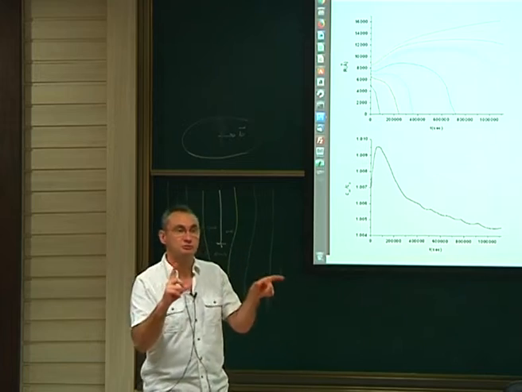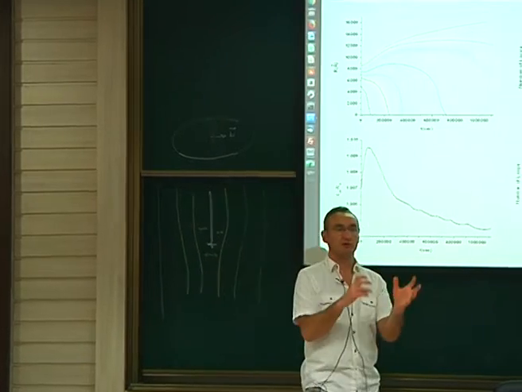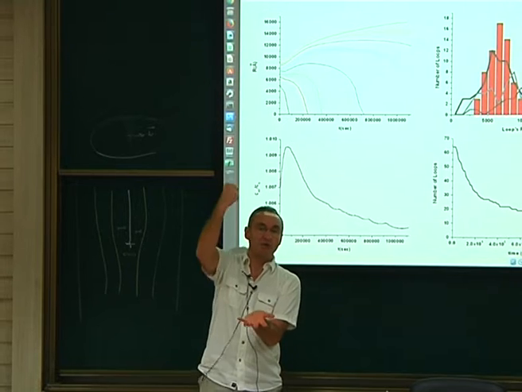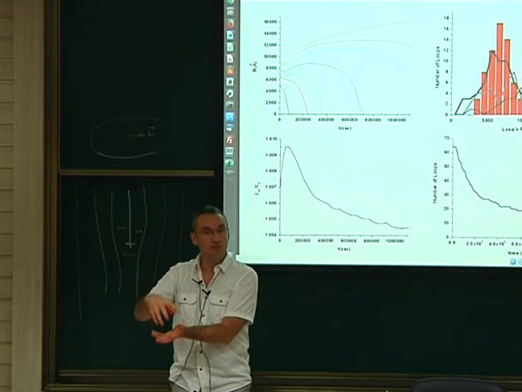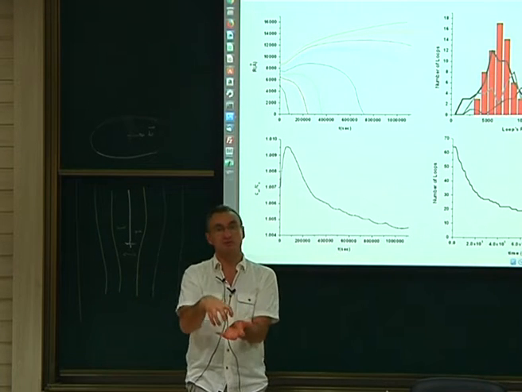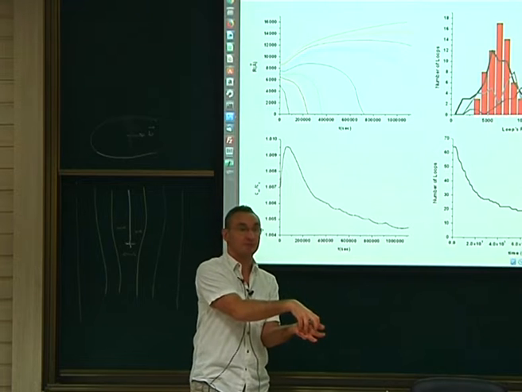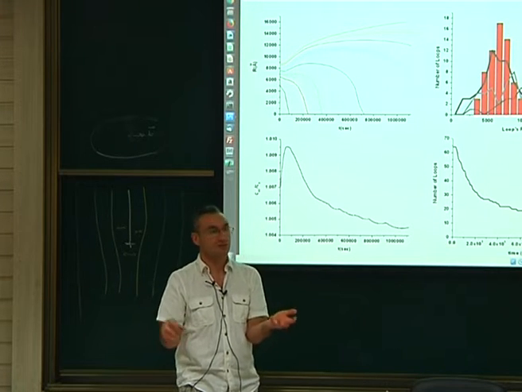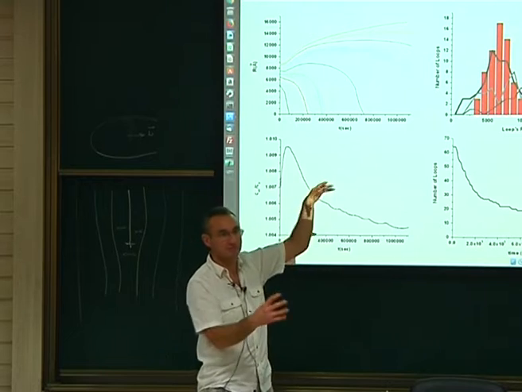You see, you have two components for the climb. There is a force, the Peach-Koehler force, which is taking your dislocation out of the plane, and there is a diffusional force. The diffusional force depends a lot on temperature, but not the climb force. So if you increase the temperature, you will just move one of the two terms. So I'm not sure it will only shift the axis, it will make big differences.